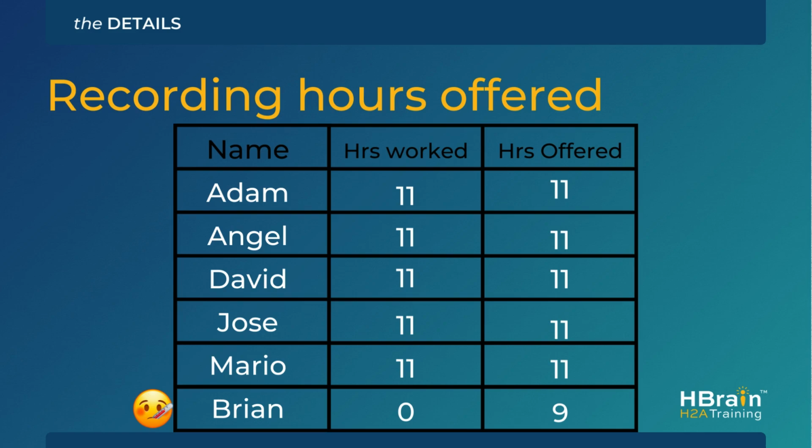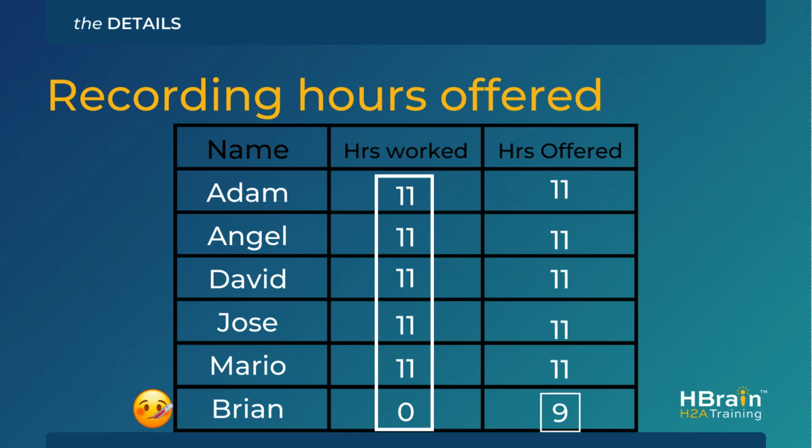For some employers, they find it too difficult to track these hours offered on an individual basis. In the case of a DOL investigation, those employers will only be able to claim the hours worked and paid for each worker. Most times that will be okay because the workers will have been paid more than 3/4 of the hours. But if you had a worker that was sick for weeks, you could end up being liable for hours for that employee if you couldn't prove that they had many hours offered but weren't able to work them